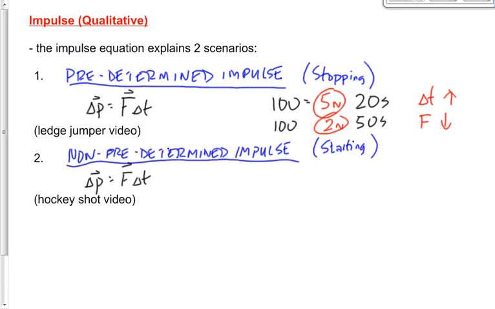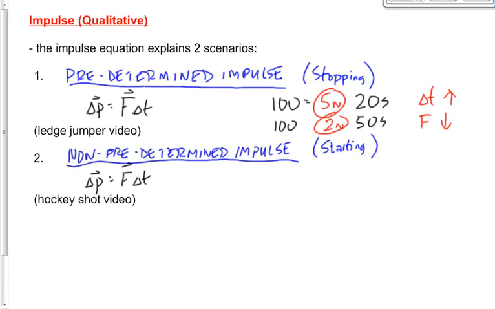It's almost certain that you'll get a question on your diploma exam that asks you this question. I don't know what the context will be. It may be the context of an airbag, it may be the goalie pad, it may be jumping off your desk, or it may be some other context that we haven't thought of. But it's likely that you'll get a question that asks you about cushioning. Okay? The answer is, no matter what the context of that question, the answer is impulse stays the same, increase stopping time, decrease force. So whatever the question, that's the answer to the question.